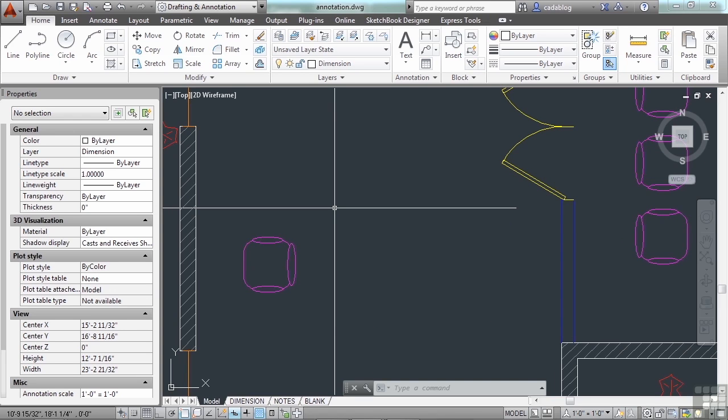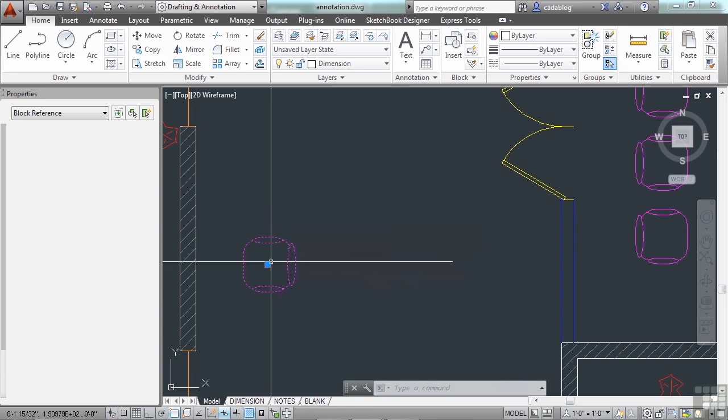But there are two main ways to edit a block. You can edit them through the block editor, as we just saw, or you can edit them in place. Either one will do the same thing, and it just depends on what you need. The block editor gives you lots of fancy buttons and puts all of your block editing options right there in front of you. But editing a block in place allows you to edit the block as it exists in your drawing. This gives you a different perspective. And if your block needs to relate to your other line work, but still remain a block all on its own, that's a good method to use.